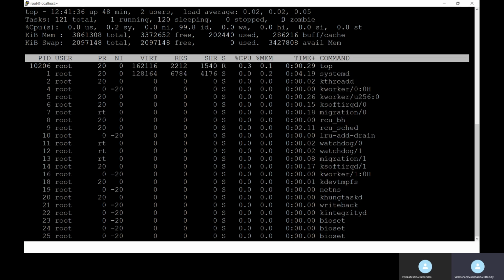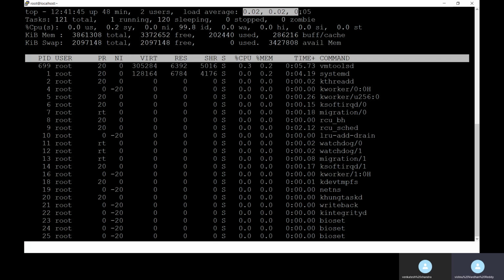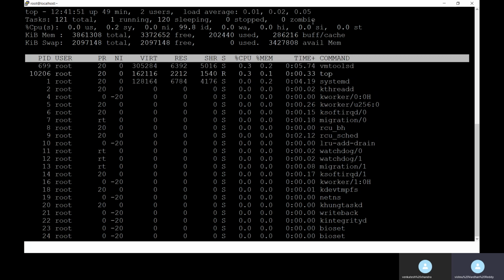So they will ask like what is a zombie process, how many CPUs are running in your system, and what is the load average. Measure these three fields. People will ask this in interviews, so you need to check each and every field in this top command.